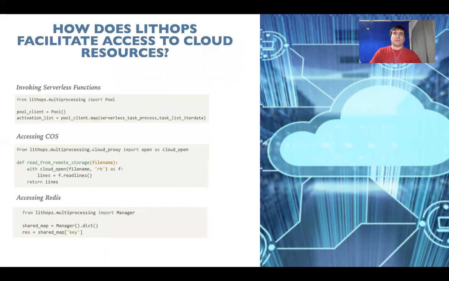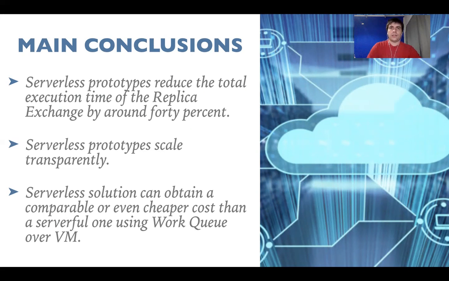In addition to scaling transparency, we also observe that LithOps provides access transparency to all prototypes. This means that all prototypes are enabled to manage cloud resources as local resources through our well-known Python APIs. So if we look at this code block, we can see how, for example, serverless functions are managed with the Python multiprocessing API. As we have observed, serverless prototypes reduce the total execution time of the replica chain by around 30%,